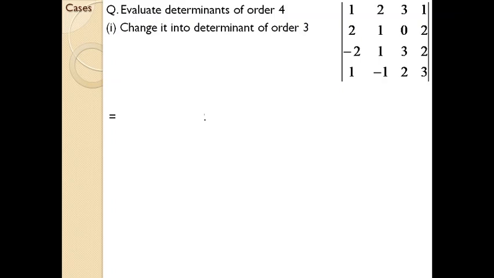So how are we going to extract the determinants of order 3 from this entire determinant of order 4? First of all, the basic concept: you need to select the first element of the first row of that determinant. Here it is 1. Whenever you select a particular element within a determinant, the items within that row as well as within that column will be neglected. See, the column and the row are neglected. The remaining items are the other remaining items within the determinant.